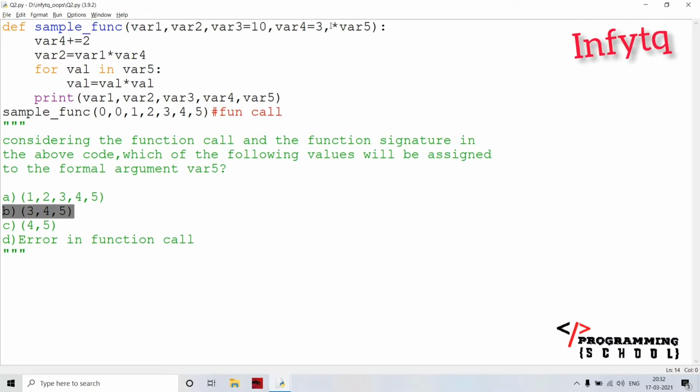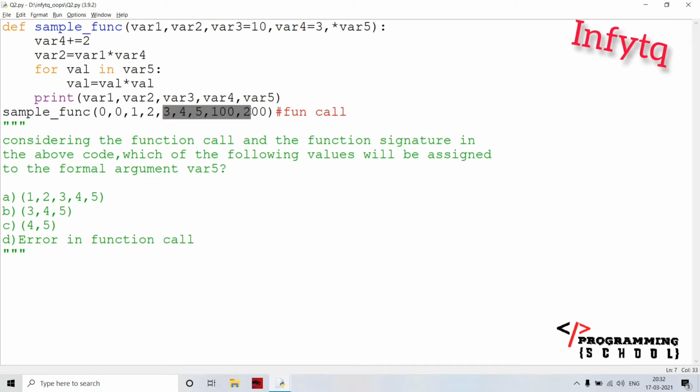Every time the star value is at the last, at the right-hand side, every time. If it matches, the first value goes to the first, the second value to the second, the third value to the third, and the fourth value to the fourth. All the remaining values go to the star one. For example, I am going to place here some 100, 200 also.